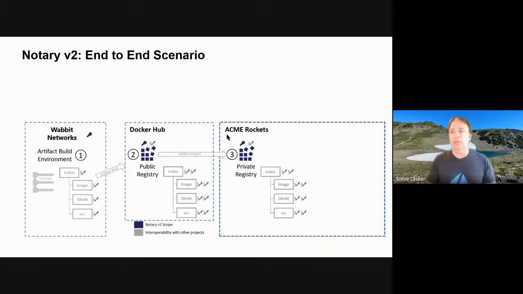so it's allowed in. Now, once it's brought into the Acme Rockets environment, we want to be able to say it was scanned, it was reviewed, it's been stamped. And the analogy here that I've been following is you're going into the airport when we used to do that. You have some ID, you've got a driver's license, a passport or something, and you present it to the security guard, the TSA agent that's there.